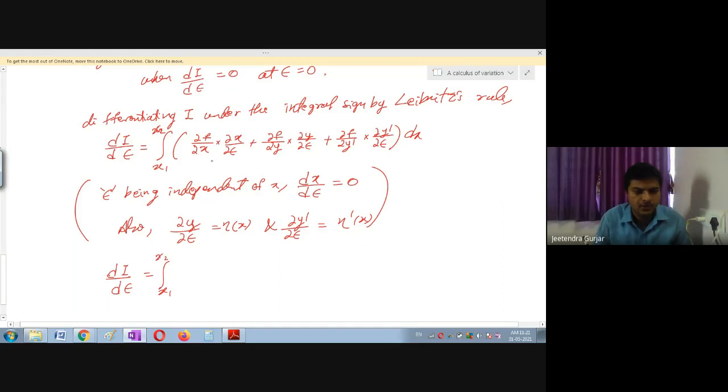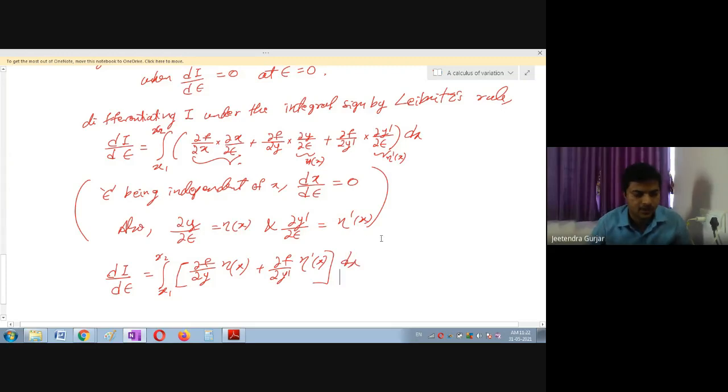First term is 0. I will leave this, right? Now here ∂y/∂ε is going to become ν of x, that I will write. This term is 0, students. This term is ν of x, I will substitute, and this term will become ν dash of x. So therefore I will write like this: ∂f/∂y ν of x plus ∂f/∂y dash ν dash of x